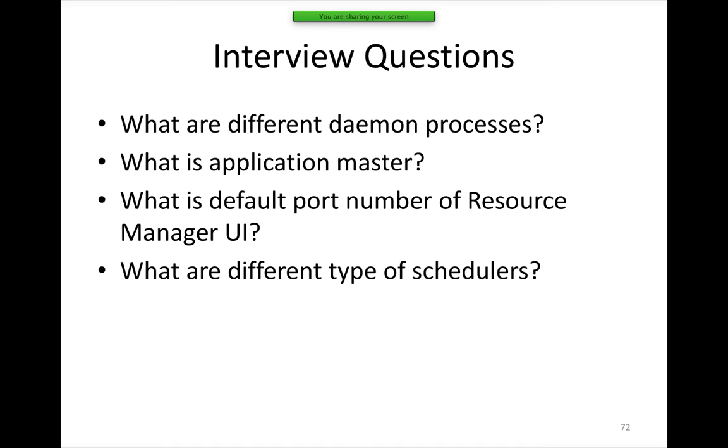You should say there are three types of schedulers: FIFO, capacity and FAIR, and FIFO is the default one, but it will be used only for development purposes. For production purposes or for actual projects, if it is a Cloudera distribution, we should use the FAIR or capacity scheduler. For Cloudera distributions, the FAIR scheduler is the default.